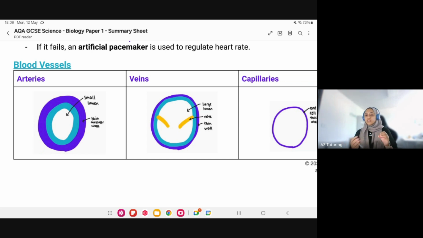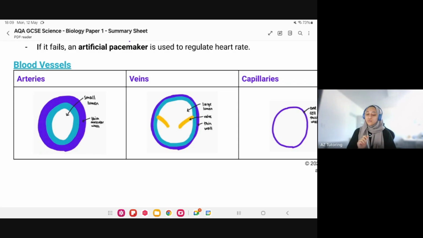So if you imagine you've got a hose pipe, if you squeeze it and you make it smaller, the water will go through it a lot faster. Same idea here. Because it's smaller and it's got thicker walls, the pressure is going to be a lot higher through the artery. Now with the vein, the pressure is not that high, the blood going through, but we still